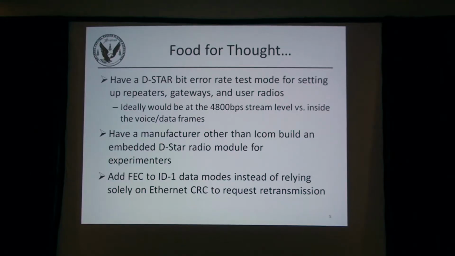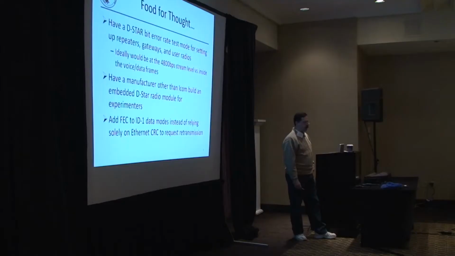Okay, one of the other things that's frustrated me with D-Star is, actually trying to set up and test things and diagnose it. It's really very difficult to try and split the problem, you know, as far as, am I running into an RF problem, a gateway connection problem, or a radio problem? There were issues going on, especially in the Port B or the 440 megahertz radios, for a while within the way ICOM built them.